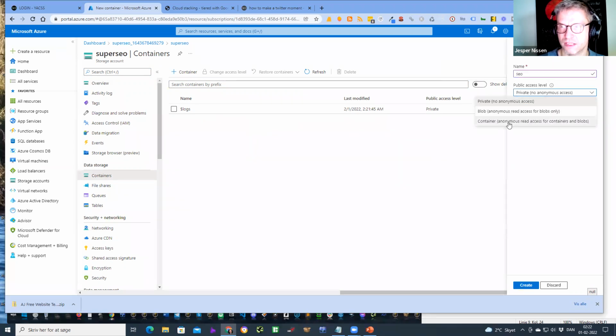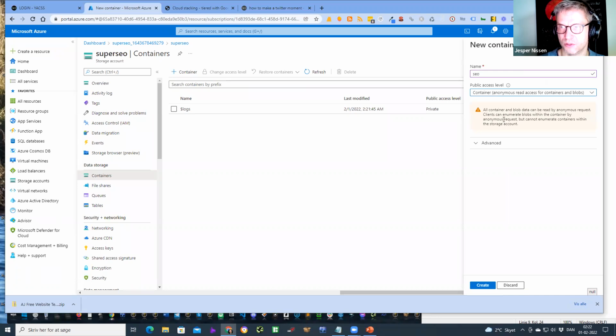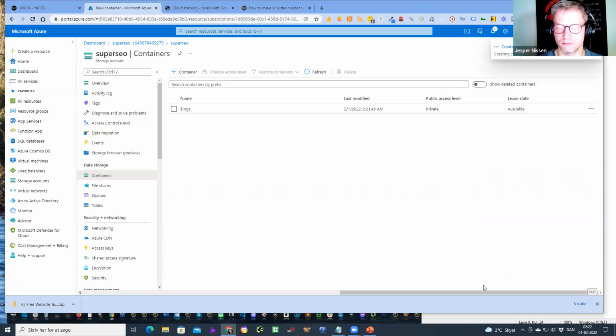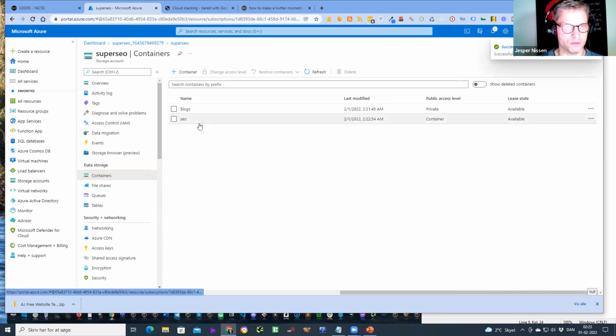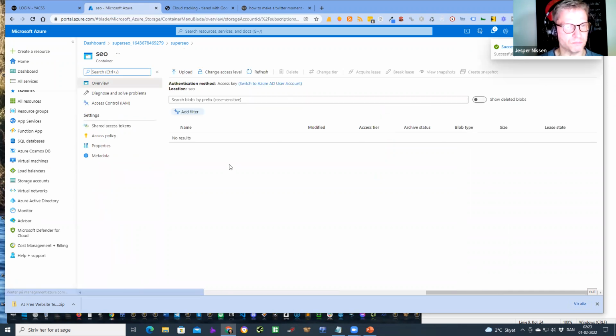I'll need to select container, because then the files that I upload can actually be watched by the audience that visits the website. I'll just move this. I click create. So I successfully created a storage container. I click on SEO here, and it is empty for now.